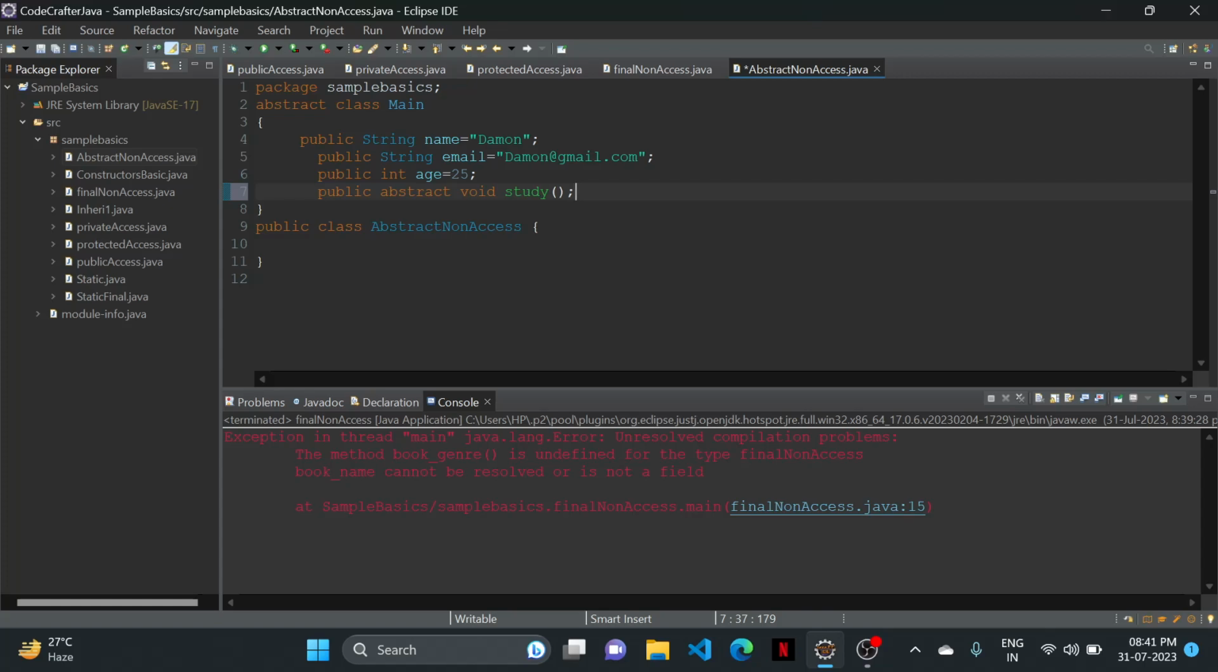And one more thing to be noted, if you need to access the abstract class, you will be accessing the class only through the inheritance method. Like you'll be first inheriting the class through another class, and from that subclass you'll be accessing the abstract class fields also. So I'll explain that using the example. So now let's create another class, class student